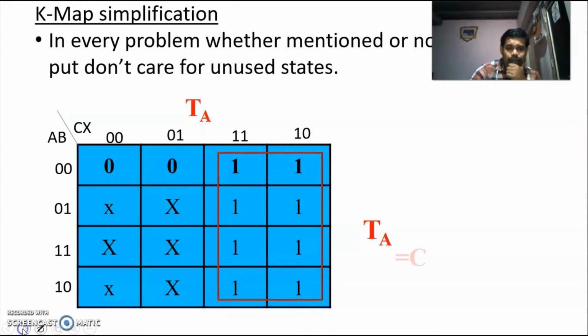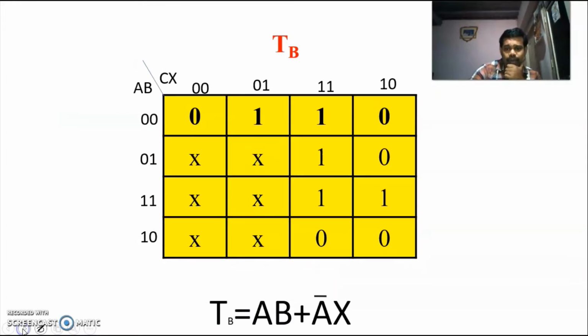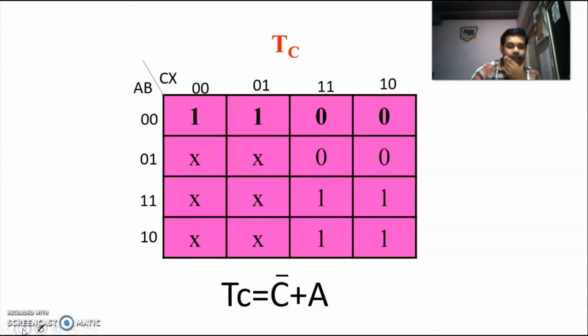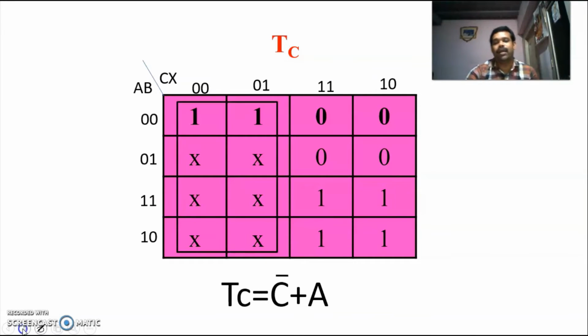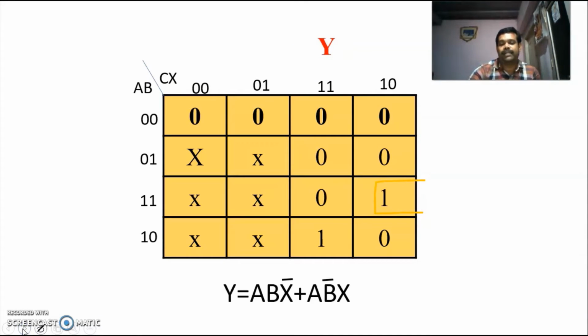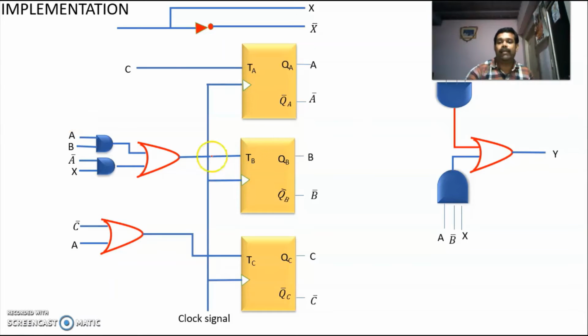After that, you have to group and find the expression. Then for TB, similarly, you have to check, group and write the expression. And for TC, you have to group and write the expression. Finally, for output, you have to plot, group, and write the expression. Then you have to implement by using